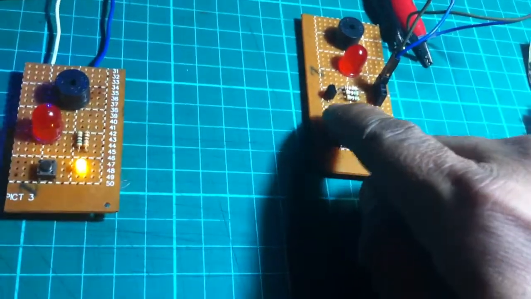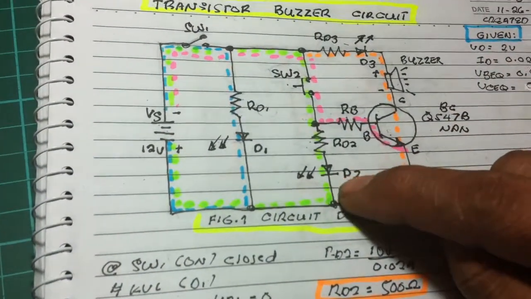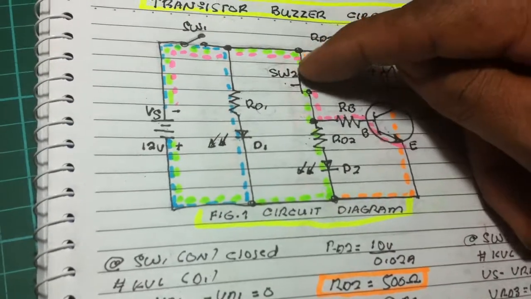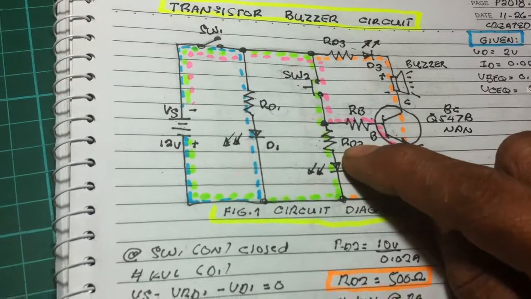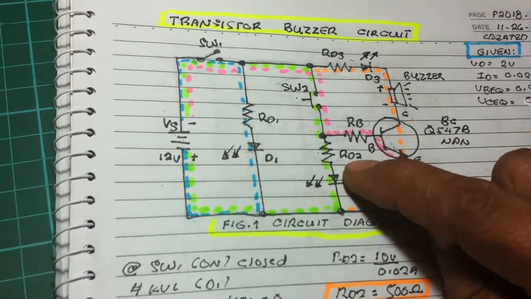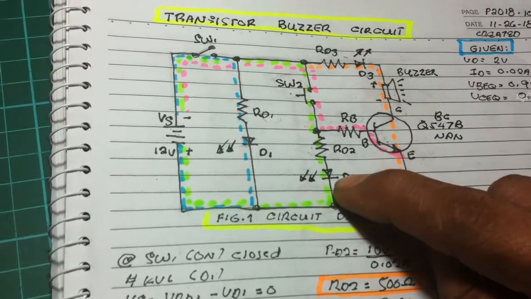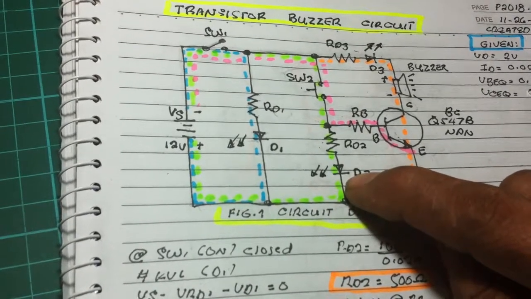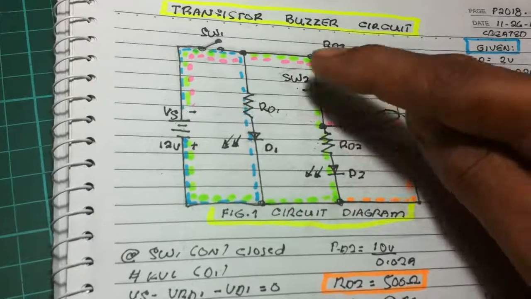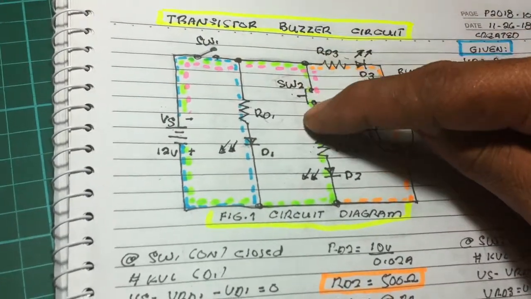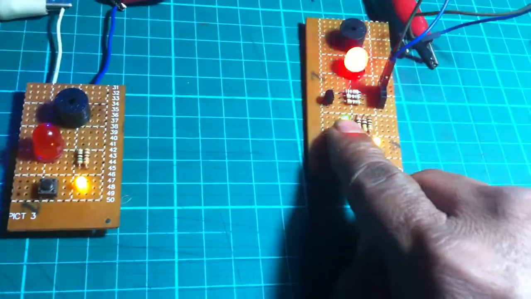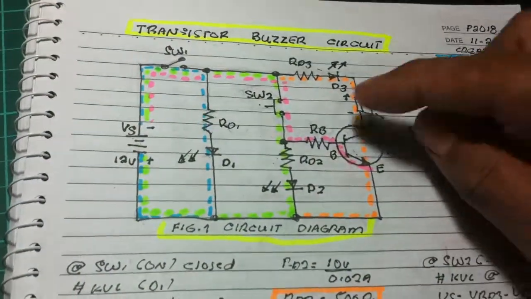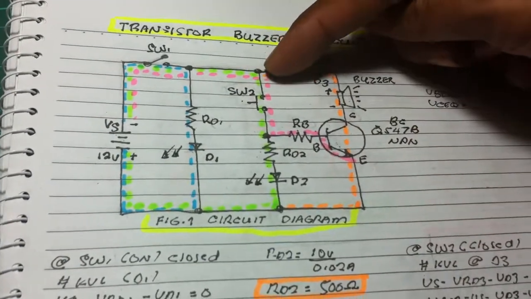D2 here is the green. The LED here is an input LED. Every time you push the switch, the LED turns on. The resistor will serve as a current limiter to the LED to prevent it from burning. Every time you push the switch, current flows from voltage supply, switch, resistor, LED to the ground. Also, when you push the switch, current flows also here,